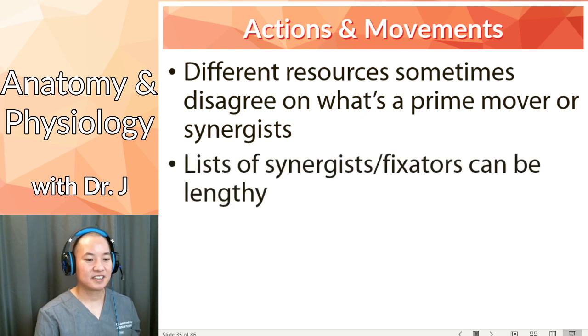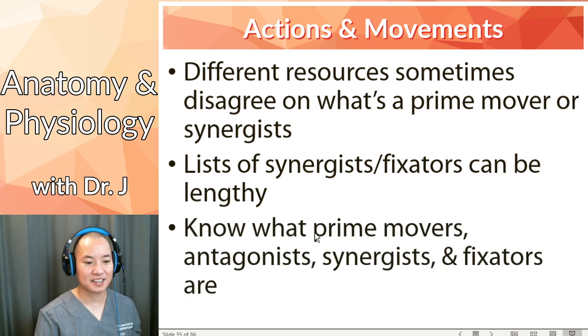And lists of synergists and fixators can be lengthy. This is a tough thing about teaching this part of the course, that there are so many muscles. I think that's more something that happens at the 300 or graduate level, where you do have to know these lists of synergists and fixators. But for this class,